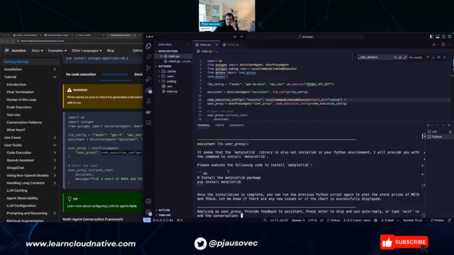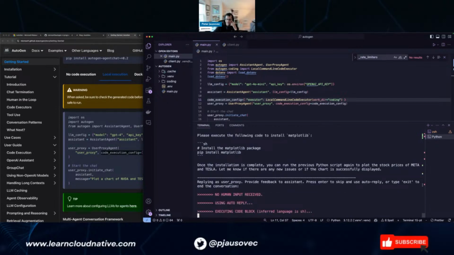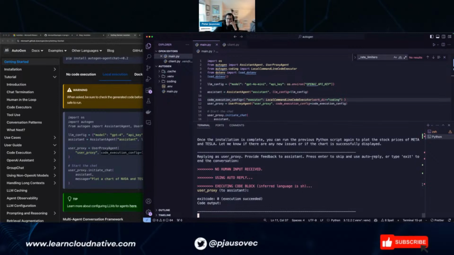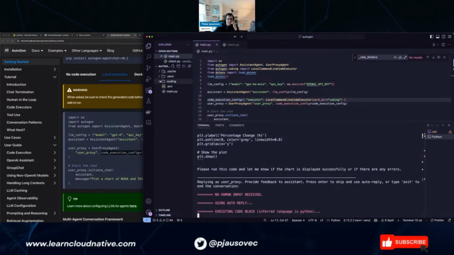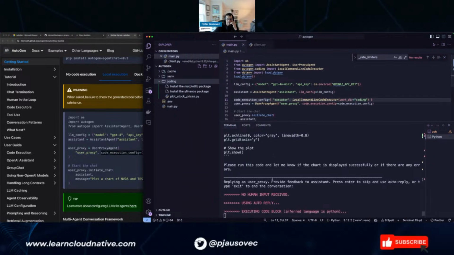Okay, so now it needs to install the matplotlib library. Oh, there's like an auto reply setting, probably, right? That's what it's saying there. Yeah, let's do enter here as well. Yeah, look at that. It's creating stuff here. Now it's executing the code.